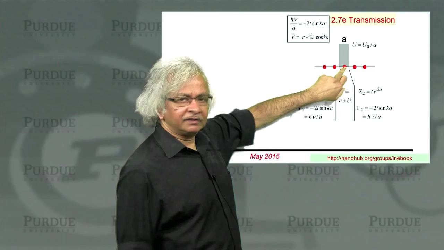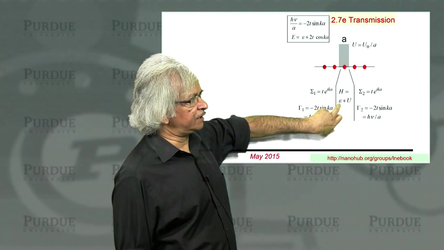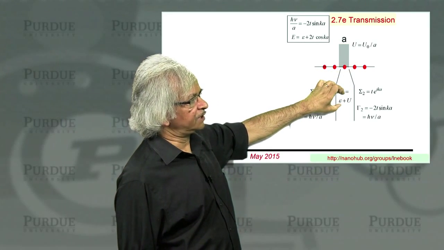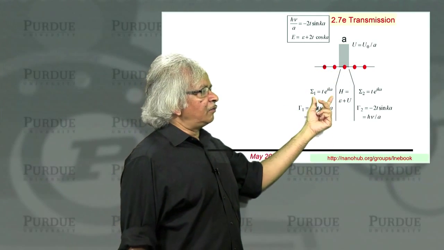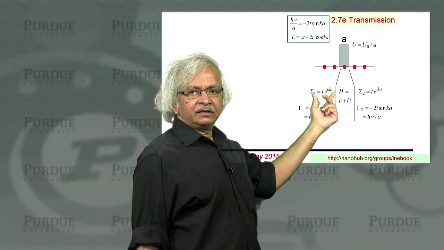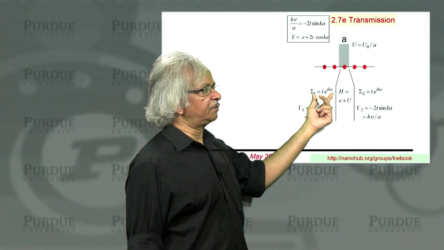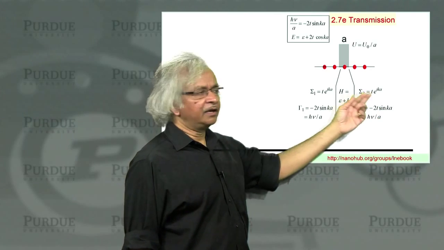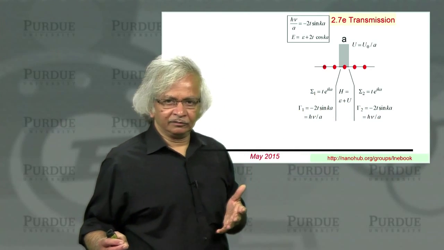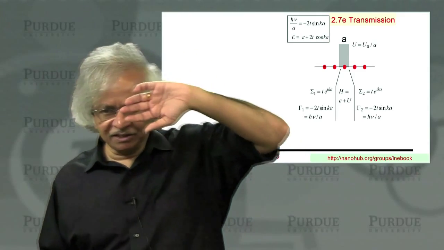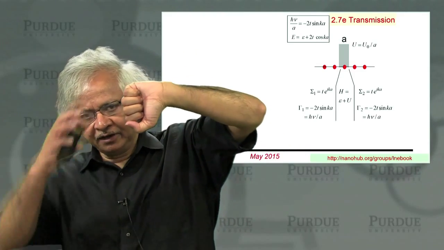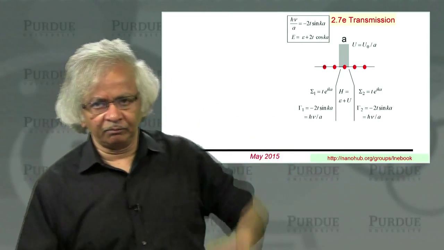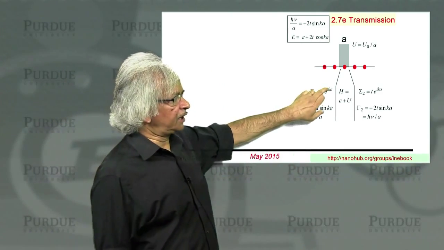There's just 1 point. The diagonal element is ordinarily epsilon, but because there is a barrier of height U, it becomes epsilon plus U. What's sigma 1? We discussed it in the last lecture. It's t e to the power i k a. Sigma 2, that's also t e to the power i k a. Remember, these are also 1 by 1. So usually sigma 1 is t e to the power i k a on 1 point and zeros everywhere else. But this is just a 1 by 1. There's only 1 point. So it's just t e to the power i k a.